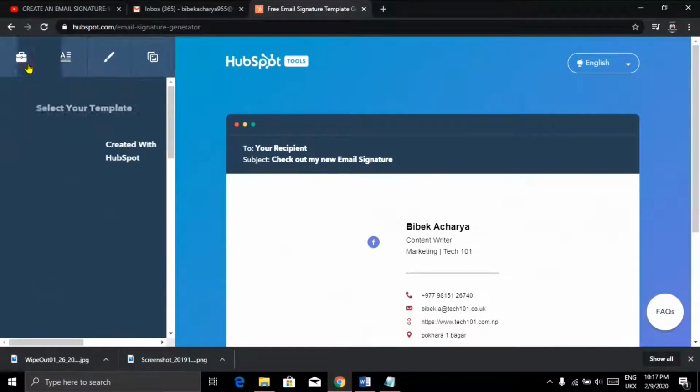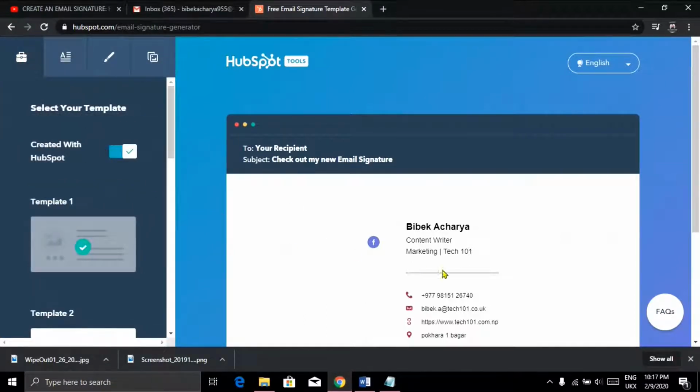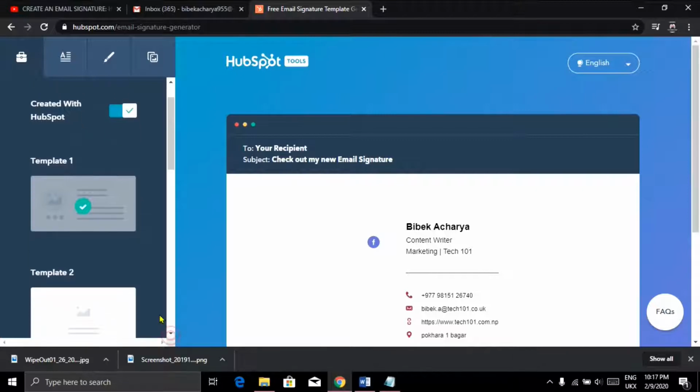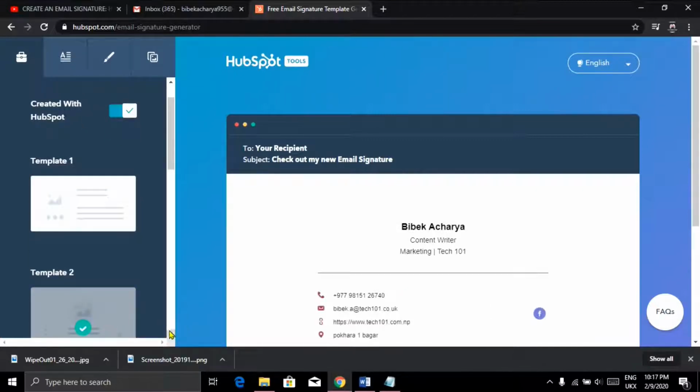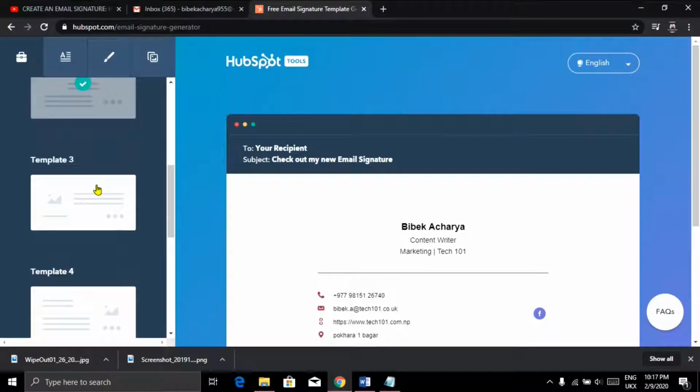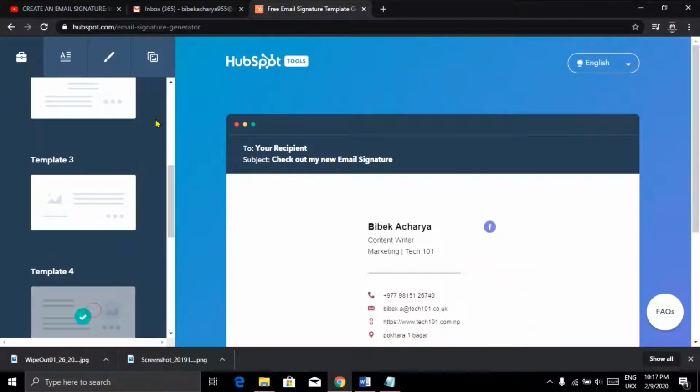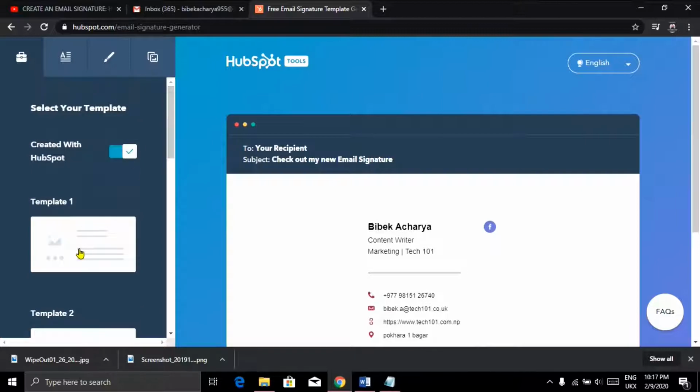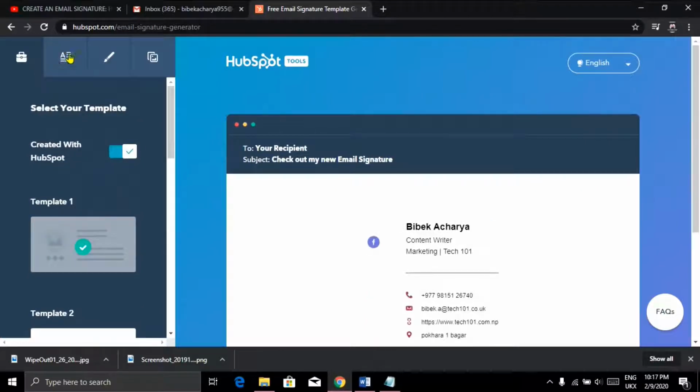So first of all, click on the link given in the description and you will land on this page. Here in the left hand side section, you can see templates. Here you can choose any one you like. So there are 6 templates altogether. You can choose any. So for now I'm going to choose the first template